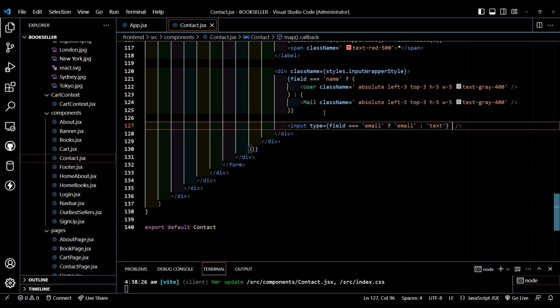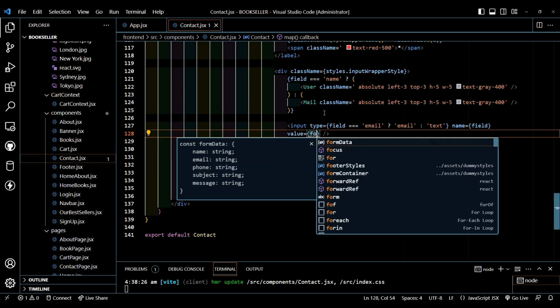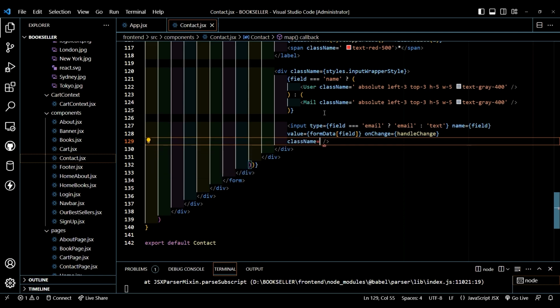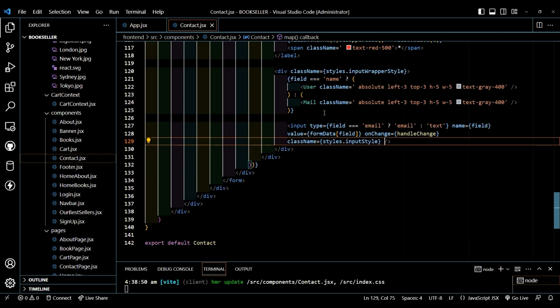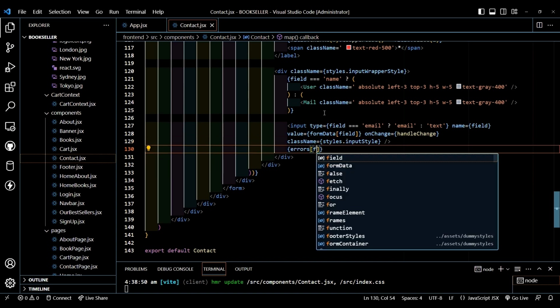Then after this, name will be field, then value it will be form data and field will be passed here. In on change, type here handle change, then give class name to the input tag, that is styles dot input style. Then after this, let's pass here errors field,